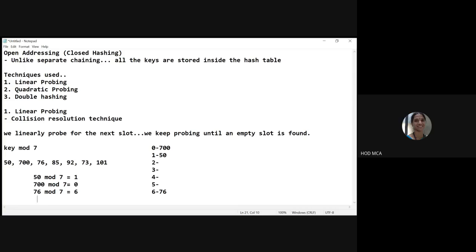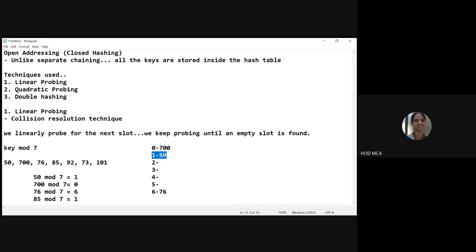Next I have 85. 85 mod 7 is going to be 1, right? Now observe carefully. 85 mod 7 is giving you 1, and 50 mod 7 is also 1.